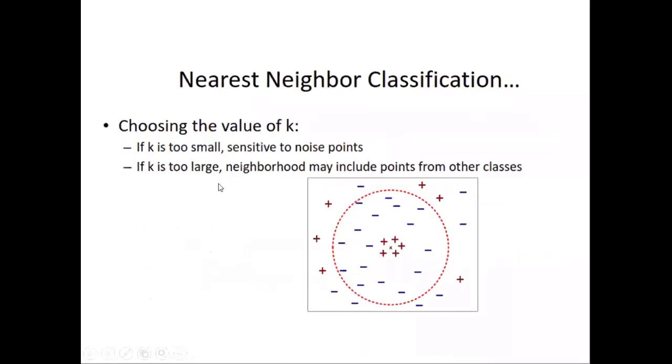When k value is large, it will cover all the classes. Whatever classes are there, it will cover like this. In the example, you can see if the circle goes bigger, although x is nearest to this plus plus plus, since k value is very large, it is covering all this minus, and majority has become minus itself. So k value cannot be too large or too small. It always depends on the type of problem you are trying to address using KNN.